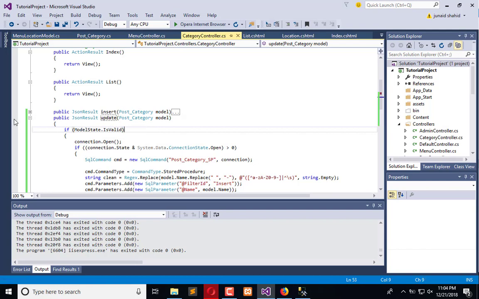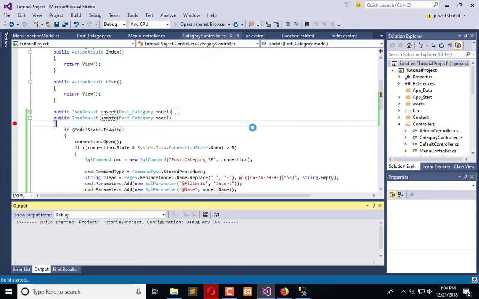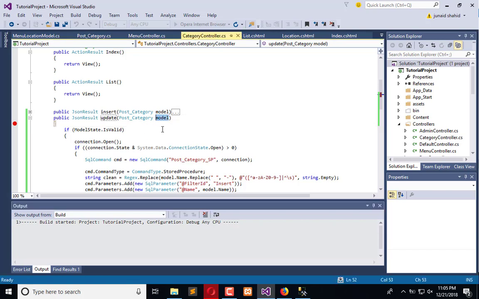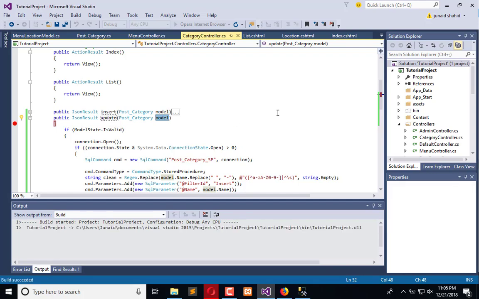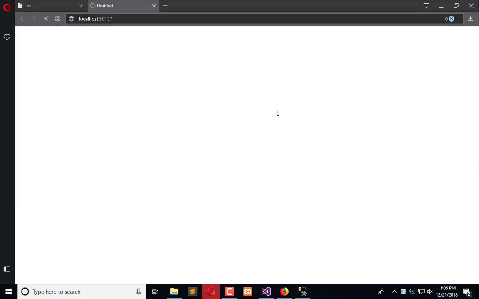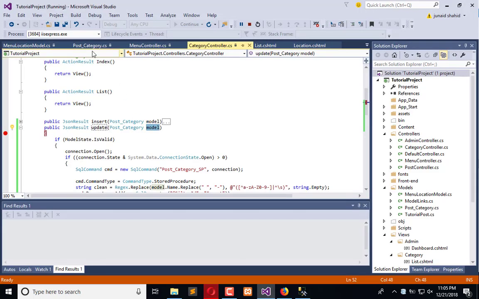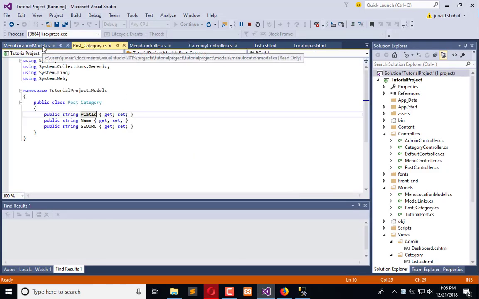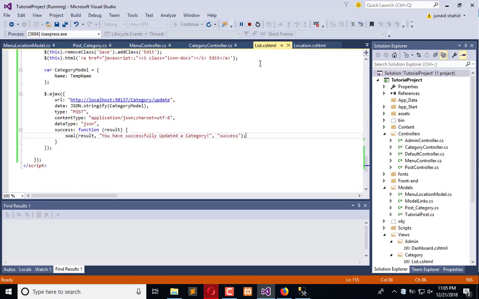So now click here to activate the debugger, and now when we will send the Ajax call, which is hit whenever we will click on save button, send a model, and that model will be received here. But in that model we have only the name, so we also need to bind the P category ID or post category ID. So for that, what we will do, we have to extract